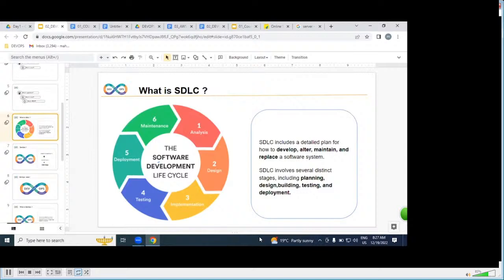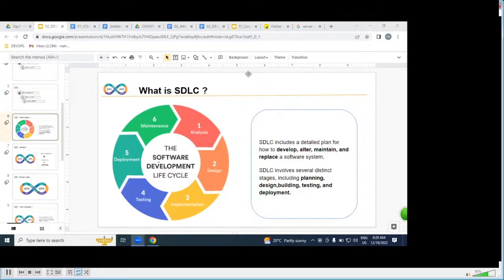If you don't know, say no, I don't know. Can you reply in the chat box, all of you? Because if you reply, I can explain more about this. Somebody knows, somebody doesn't know, but let us discuss this. What is SDLC, guys?